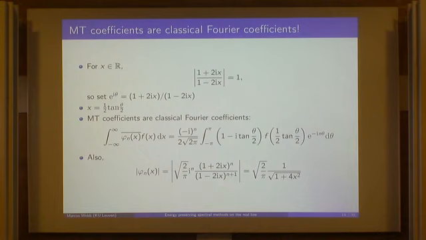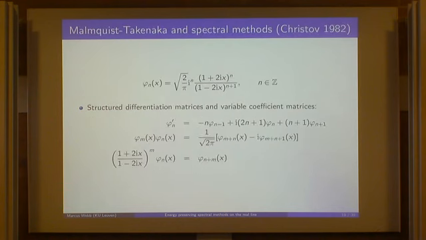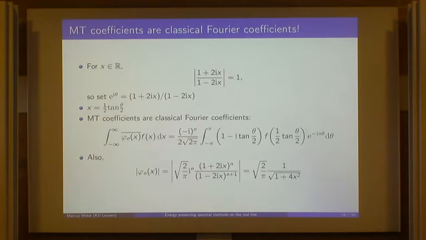Okay, but let's analyze these Malmquist-Takenaka functions a bit more, MT functions for short. They involve this quotient here, if x is real, and this actually has norm 1. So these functions have something with norm 1 in there. If we set this term to be e to the i theta, which corresponds to x being tan(theta/2),